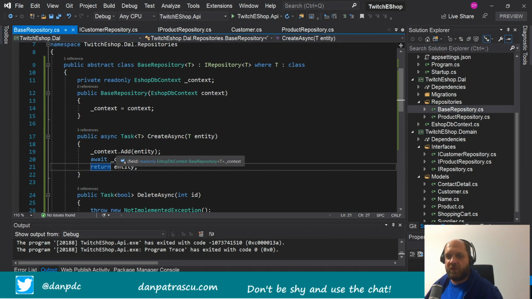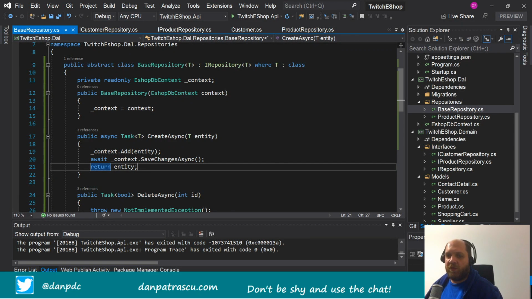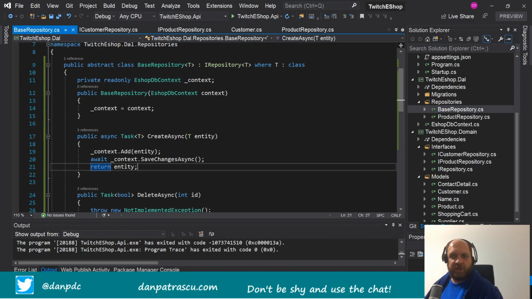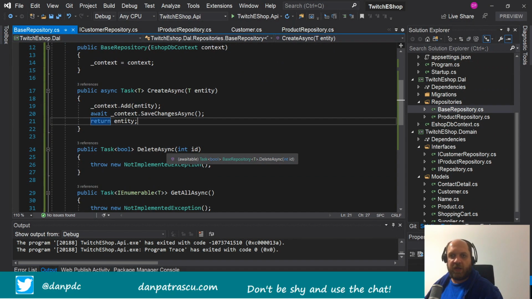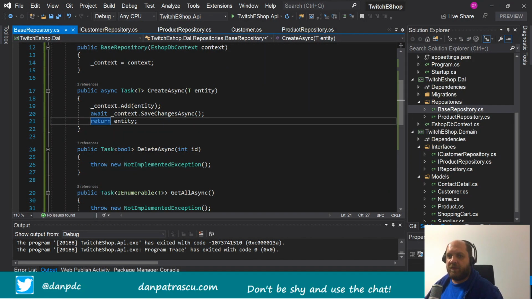It only begins tracking this entity, but it doesn't really do a round trip to the database. So this is why we don't really have to await this add, but we only have to await the save changes. That's an important thing, and I saw a lot of times using the add async method, but that is actually not correct, because it adds some performance overhead that is actually not needed here